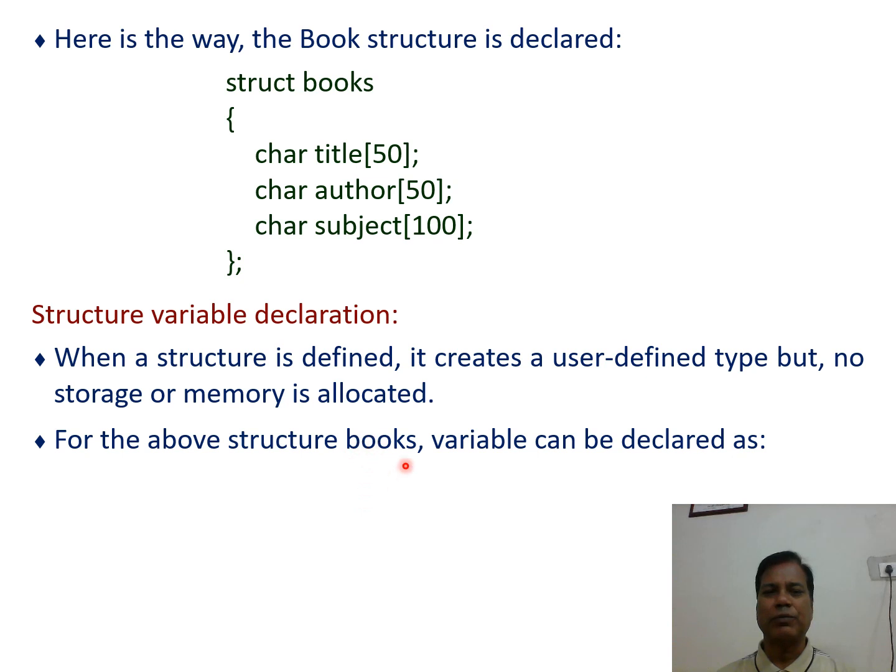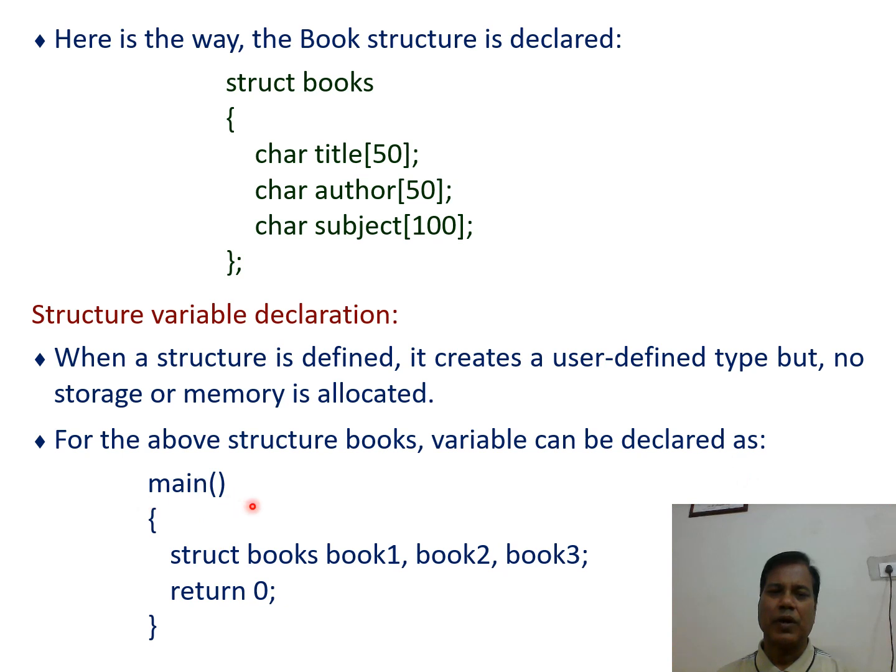For the above structure books, a variable can be declared as follows. In main, within open and close braces, the struct keyword is used, books, that is the tag name of the structure, then book1, book2, book3; semicolon. So using this statement we are declaring three structure variables, book1, book2 and book3, and the last statement is return 0;